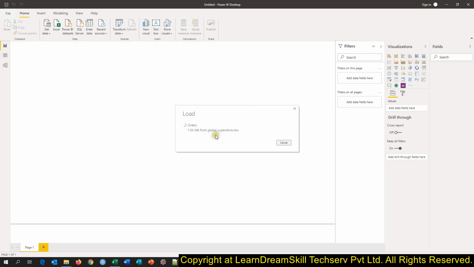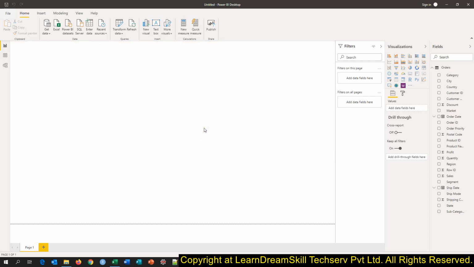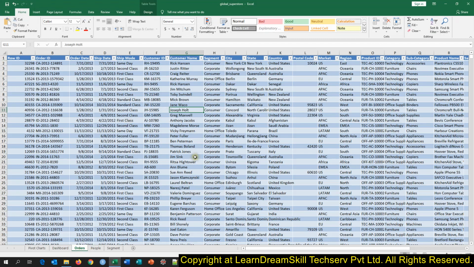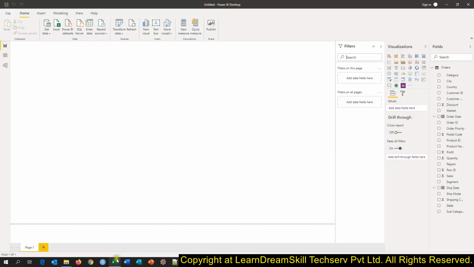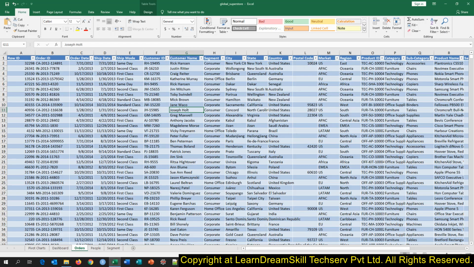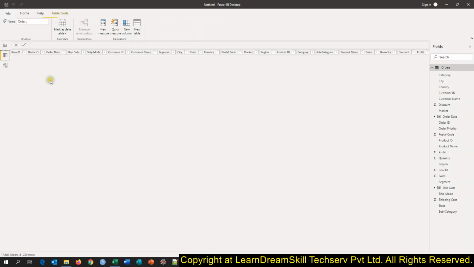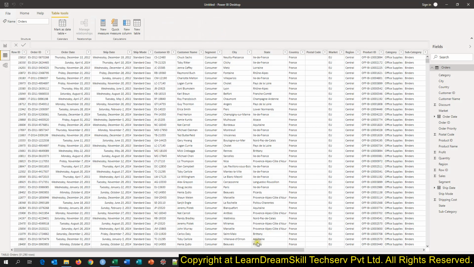And what does model mean? Model is like a database in Power BI for us, where we have our tables imported. So we have got our data imported here in Power BI, the same way as you see in Excel in the orders table. Now we are able to see the data clearly here. In the same way we can see data here in the data view. See here, this is the data.